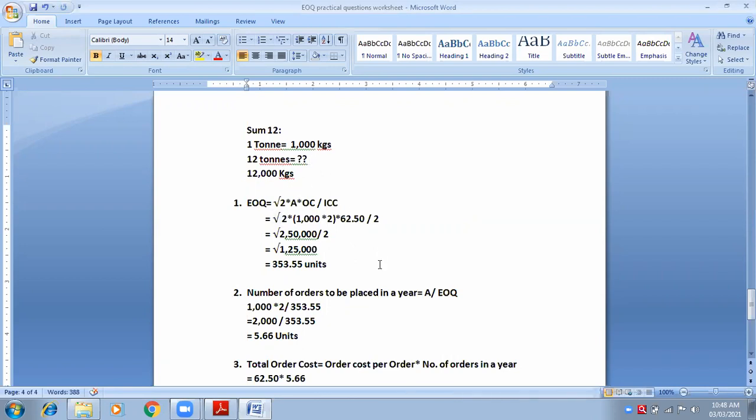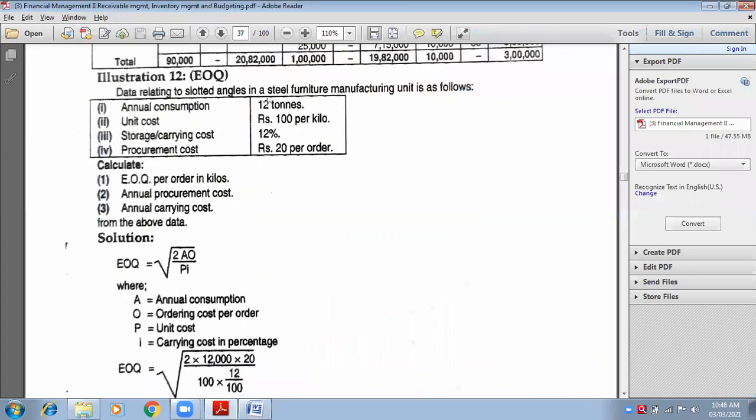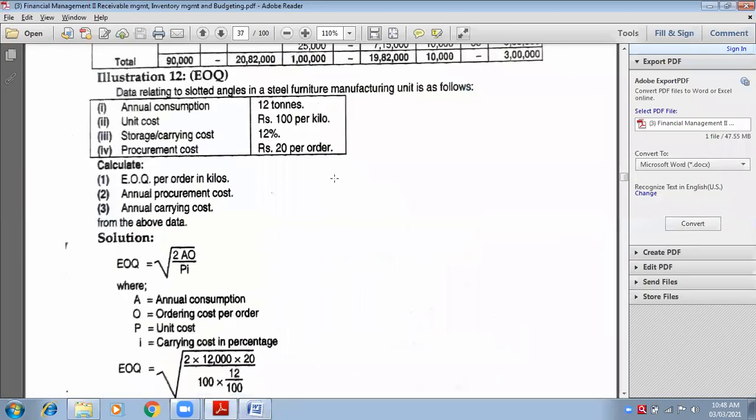Now apply the formula of EOQ. We have got annual consumption, 12 tons. So 12,000 kgs is also annual consumption. We have just converted tons into kgs, but the answer is annual consumption only. So 12,000 is the perfect answer. We need to remove this bracket now. So 2 into 12,000 into